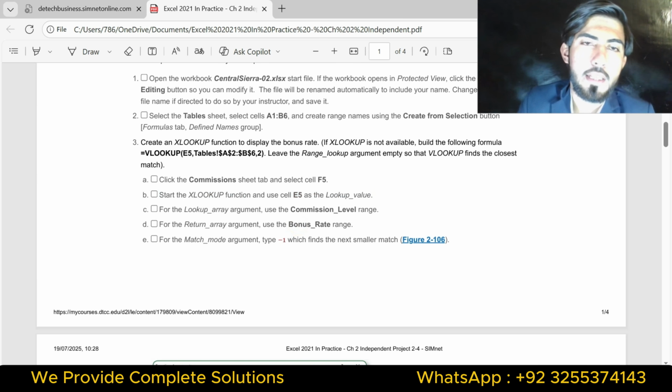For the lookup array argument, use the commission level range. For the return array argument, use the bonus range. For the match mode argument, type -1, which finds the next smaller match.